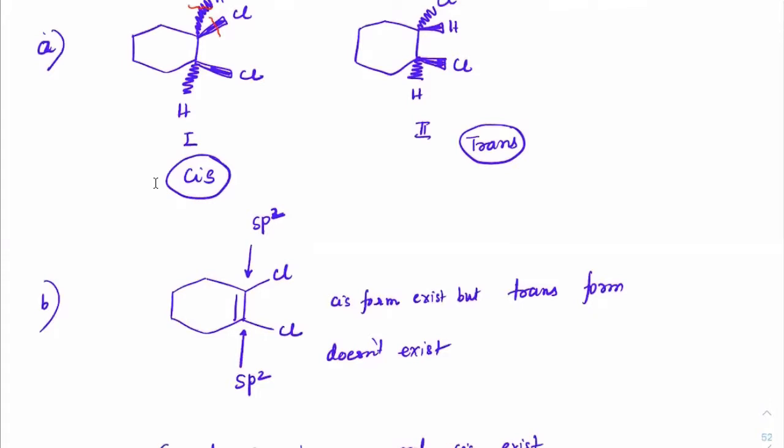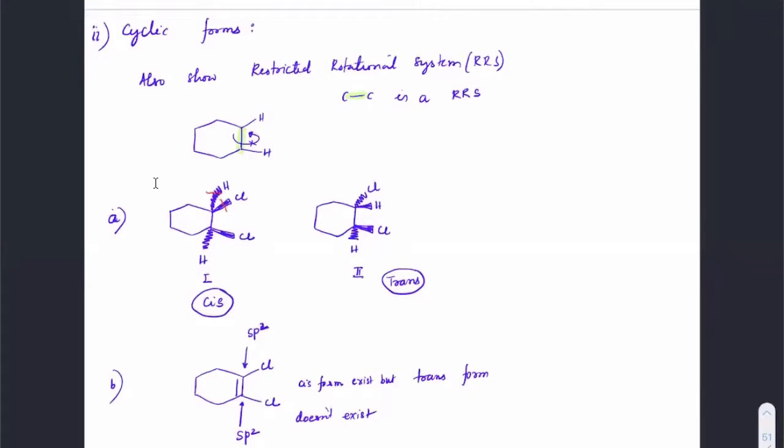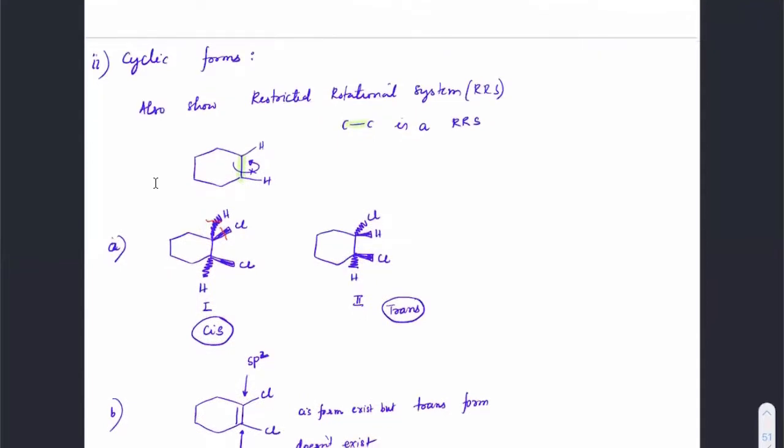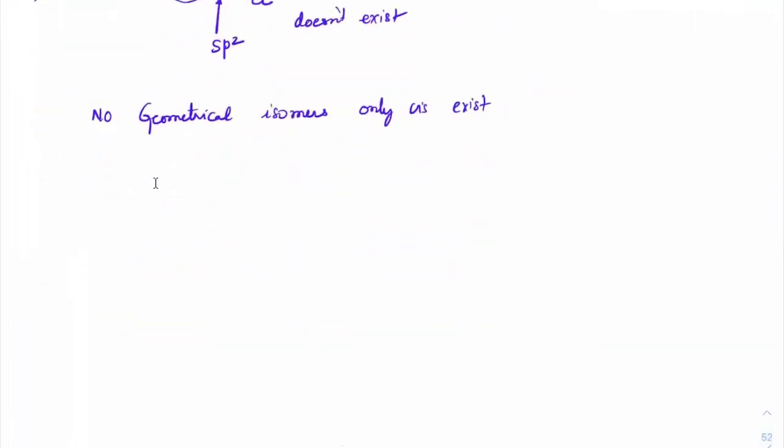Whether they will exhibit geometrical isomerism or not depends upon whether cis or trans both exist. Now we'll do a lot of questions where you have to tell whether geometrical isomerism can be shown by these molecules or not. Okay, so write the examples with me. Everyone start writing all examples of the following.